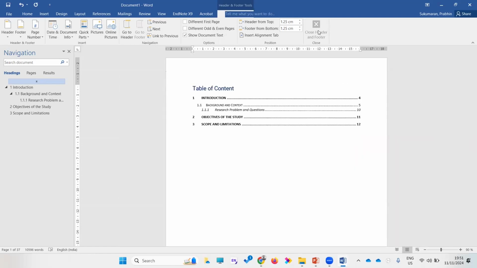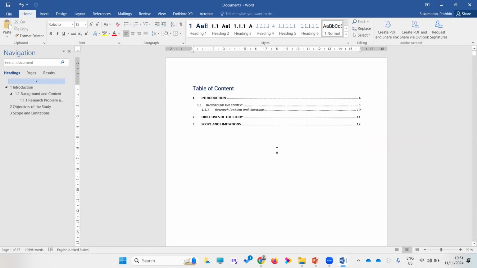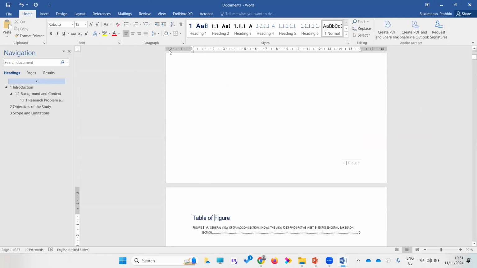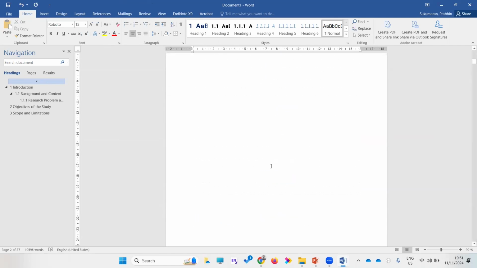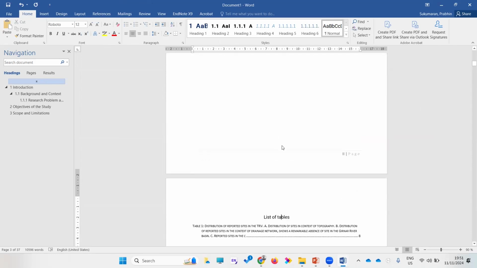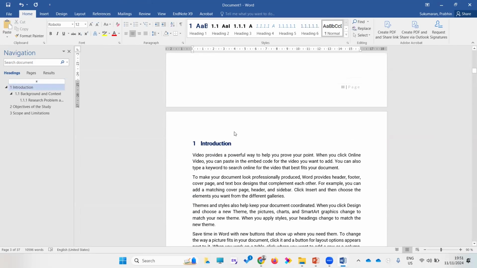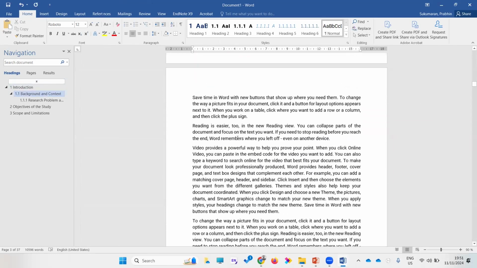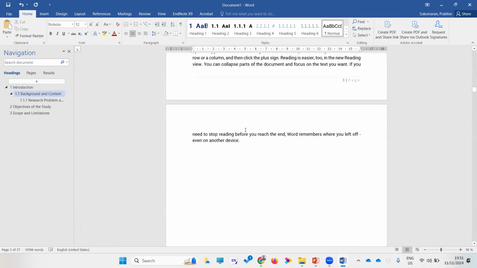Now it's done. Close the document. So now you see the documents are now properly formatted. This is the table of contents. This is the table of figures. Now this is the list of figures, list of tables. Then my chapter starts. See how beautifully the formattings are. Okay, it doesn't take much time. It doesn't take any